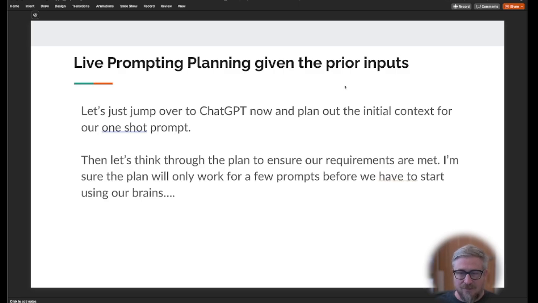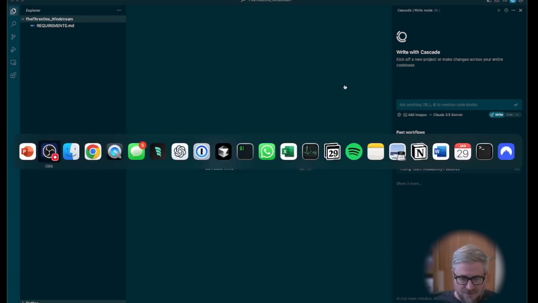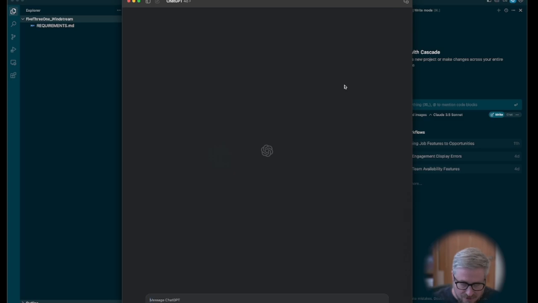So let's jump over to ChatGPT and start that prompting. So here we go. Gonna get that guy up. And I've staged this here so we can take a look at this together. Let me move my notes around really quick to make sure we're getting a good monitor view of this. So I'm just going to take the context that we just talked about, paste it in, and say something like,